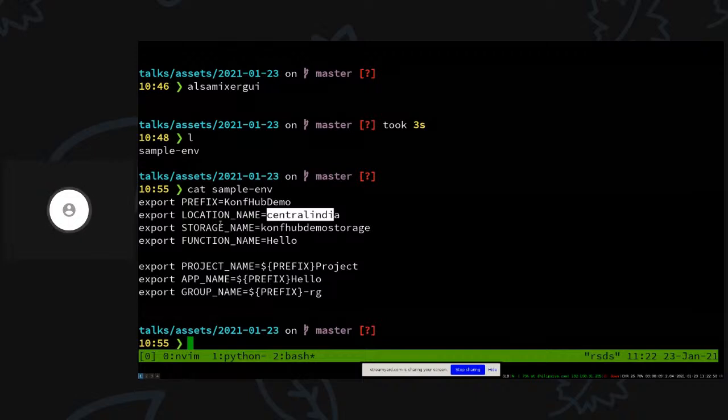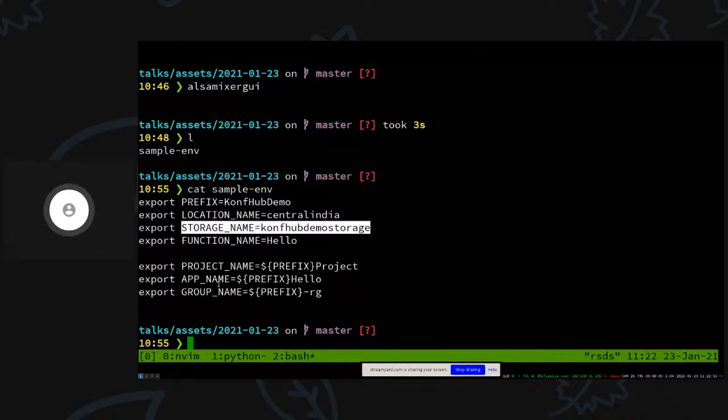Central India. The storage name and the app name should be unique across all the accounts. So this is like the storage. If some other user is using the same name as your app, if you're trying to use an app that someone else registered, you won't be able to use it. It should be unique across different accounts. So keep something longer, so that you can be sure that other people have not taken